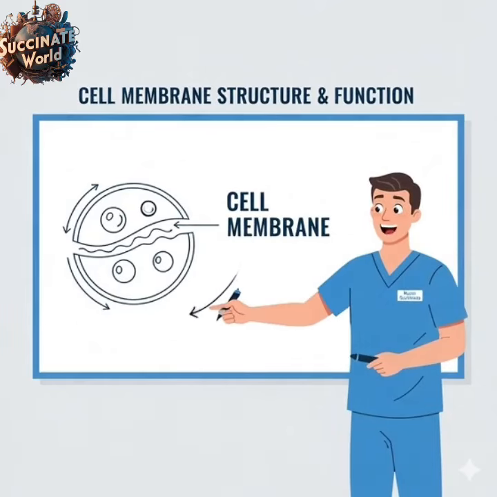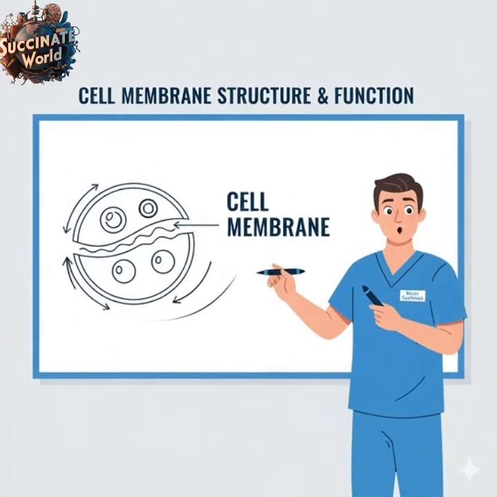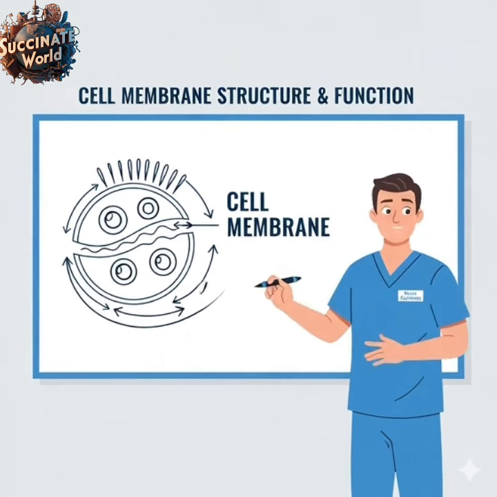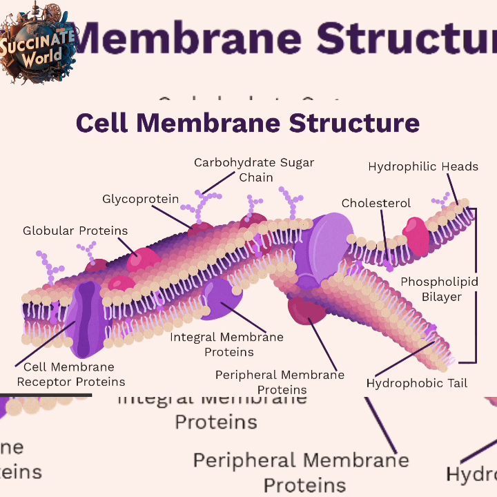Every living cell has a boundary that controls what enters and what leaves the cell. This boundary is called the cell membrane, also known as the plasma membrane. I'm Nurse Succinate, and in the next 3 minutes, we'll break down the structure, composition, and function of the cell